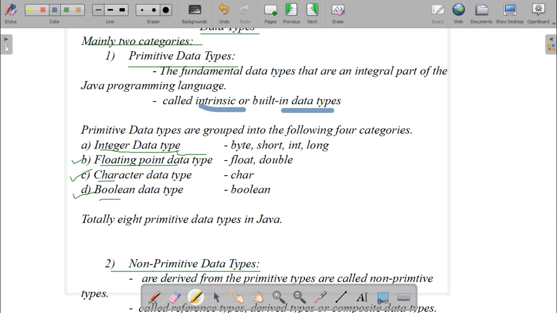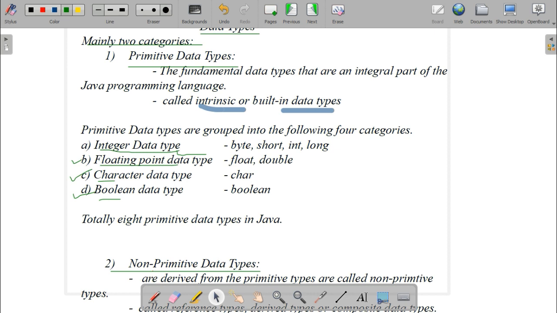When we learned about tokens, all of you remember these are keywords. What is the use of a keyword? Keywords are reserved words giving special meaning to the compiler. We can't use keywords as an identifier. We use a keyword for its particular purpose. If we want to declare an integer value, we declare it like int a; semicolon. So here int is a keyword. Like this, all of these are keywords: byte, short, int, long, float, double, char, boolean. These all represent different data types.